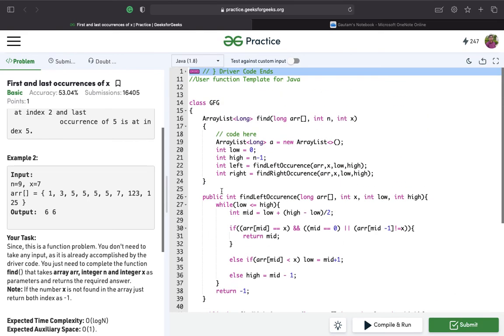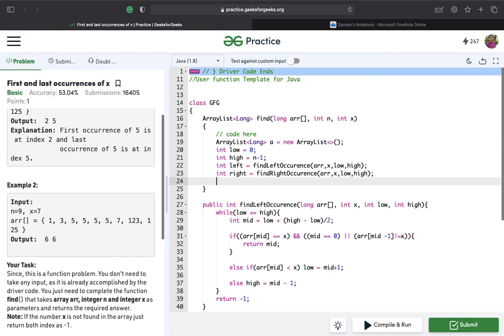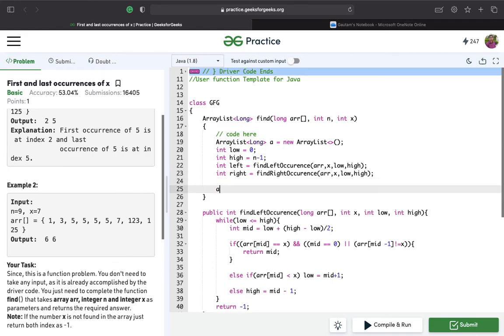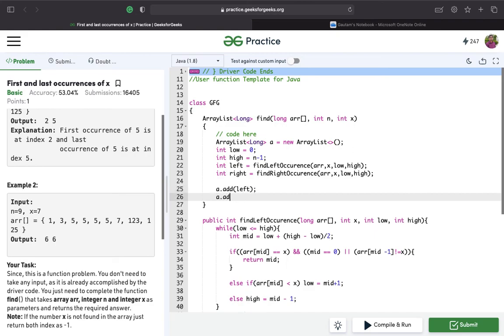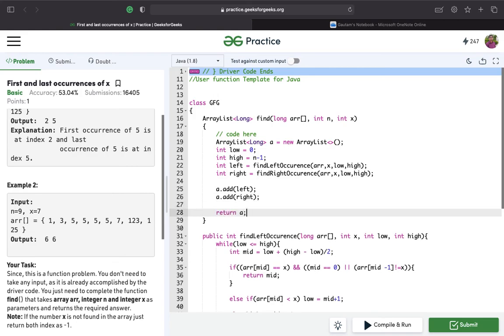So now we have got the indexes of the first and last occurrence. We need to simply add them in the array list, so we'll do a dot add left, a dot add right, and simply return a.